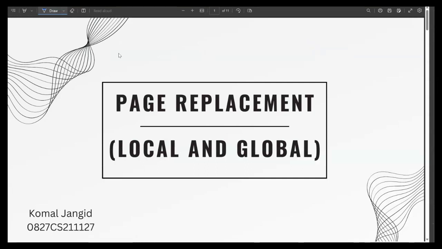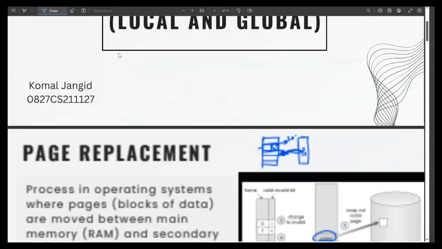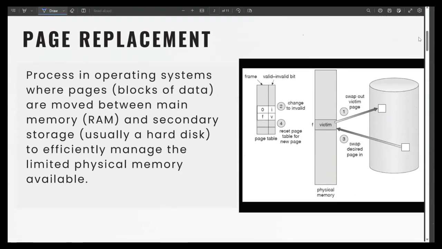Hello everyone. In this presentation, we are going to learn about page replacement and its types, local and global page replacement. So first of all, what is page replacement? Page replacement is the movement of a particular page between main memory and secondary storage to efficiently manage the limited